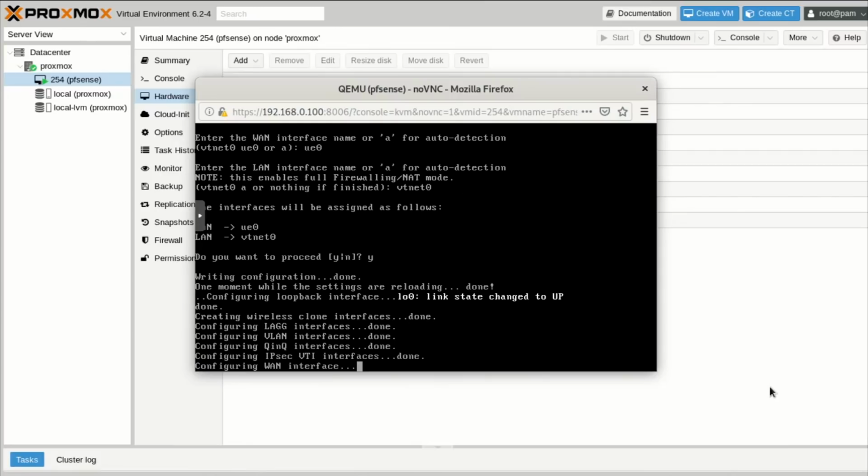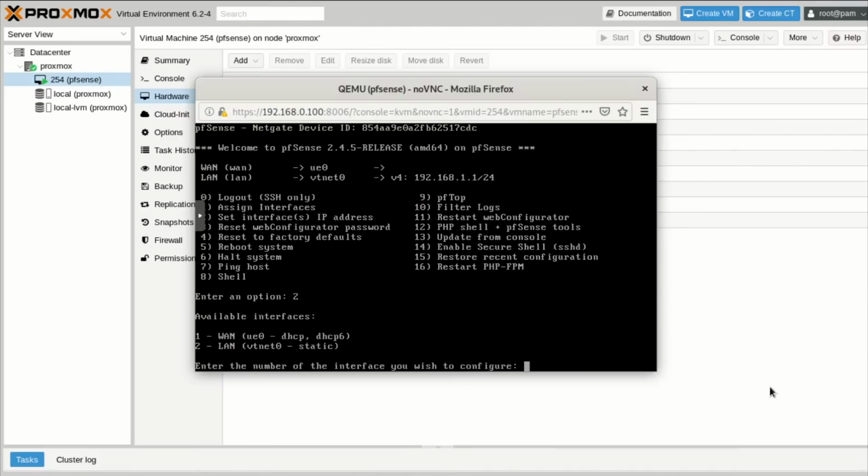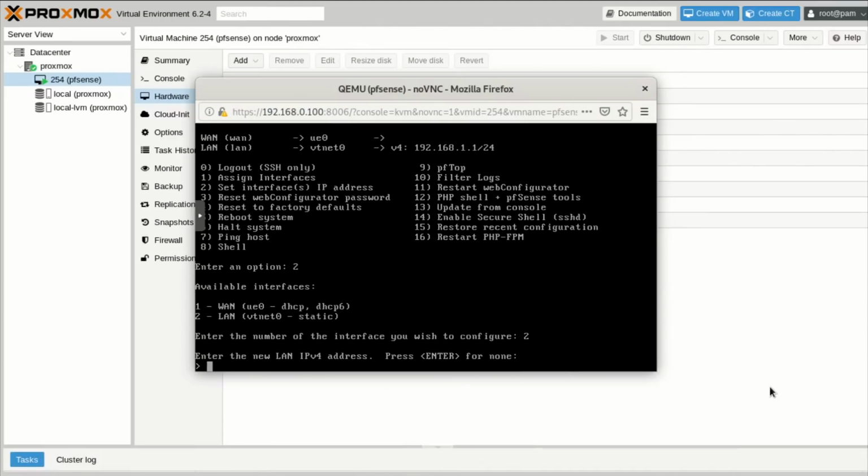Okay, so it's setting that up now. Okay, so it's up and running. You can see that it's got an IP address on the LAN side, which I'm going to change, and it's got one on the WAN side. So what I'll do is I'm just going to change that LAN address to one that's going to be usable for us. So I'll just do 2 for set interface IP addresses. The one we want to do is the LAN, so it's number 2 there. And we want to set its address. Now I'm going to use